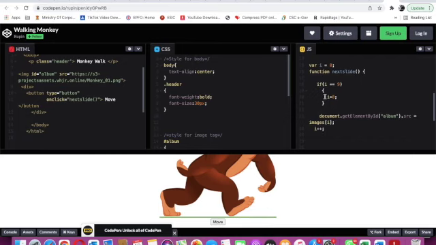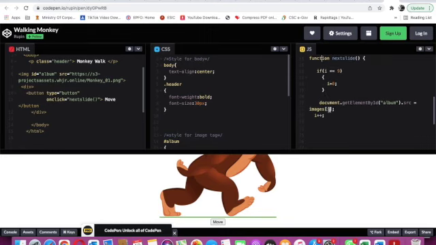Here the curly bracket is open. Then I will give enter. i is equals to 0. Then I will give enter. We'll close the curly bracket that we have opened here. Then we will give enter 2 times. Then here I have to type document dot getElementById, where E will be capital, B will be capital, and I of ID will be capital.